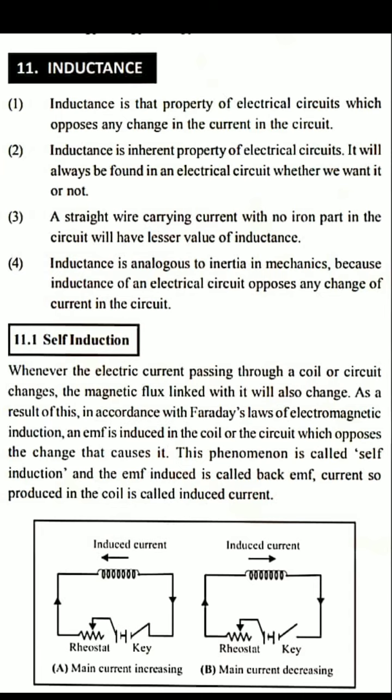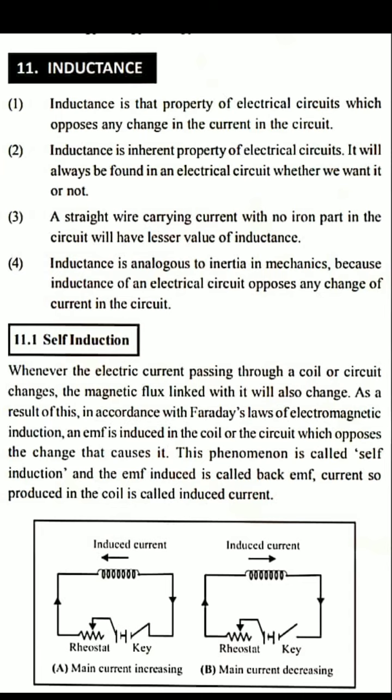When a current flows in a circuit or coil, it gives rise to a magnetic flux through the coil itself. So as the strength of the current changes, the linked magnetic flux also changes. We know this one. As the amount of the current either increases or decreases, the magnetic flux also increases or decreases. And an opposing EMF is induced in the coil due to this change in magnetic flux. In that same circuit only, the magnetic flux will be changed.